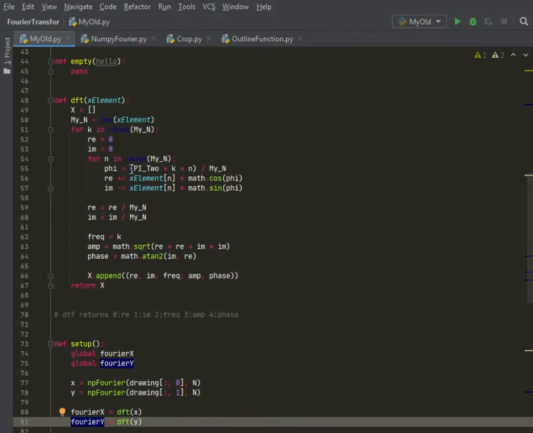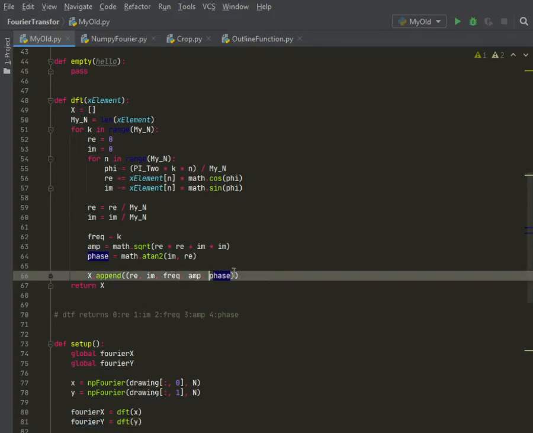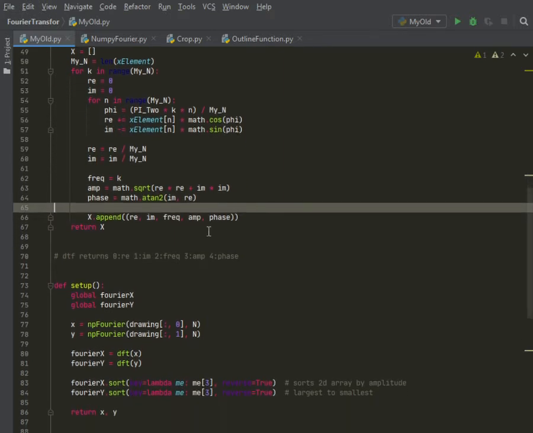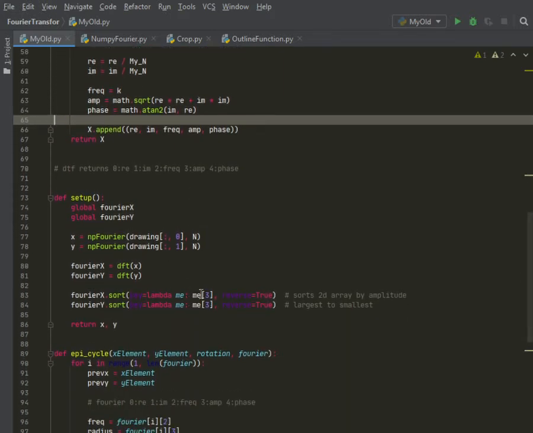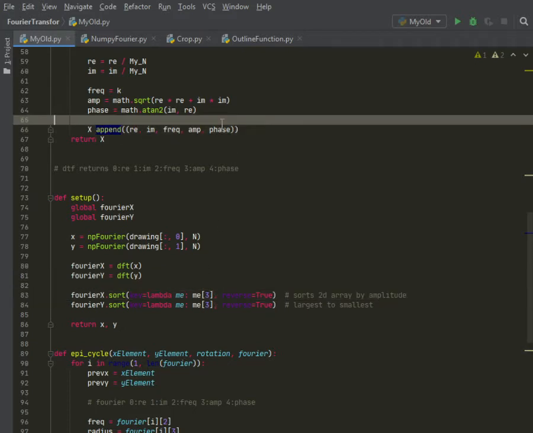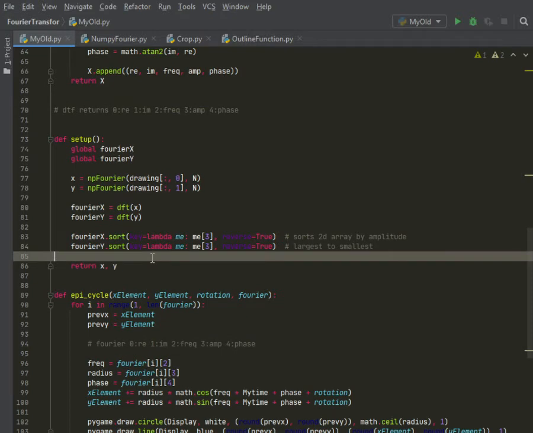The DFT function calculates the real, imaginary, frequency, amplitude, and phase for the accompanying coordinates, which are then sorted by amplitude. These are used for the circles, the epicycles. So you can see the circles being displayed from larger circle to smaller circle, so it doesn't look that distorted or